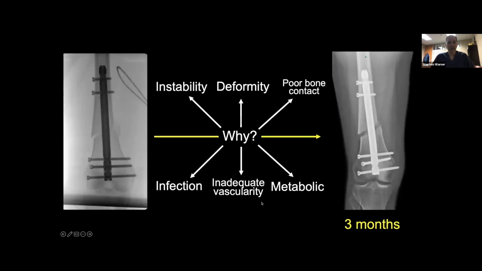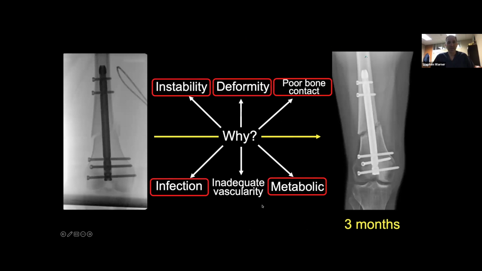Going back to the similar points of why this happens, you could pick out a number of different factors: the stability, the deformity, the poor bone contact, the poor bone reduction, potentially infection. Vascularity certainly could be a factor as well, and metabolic issues. And so we waited some for her, another 6 weeks, and she got worse, more miserable with unchanged X-rays. And so